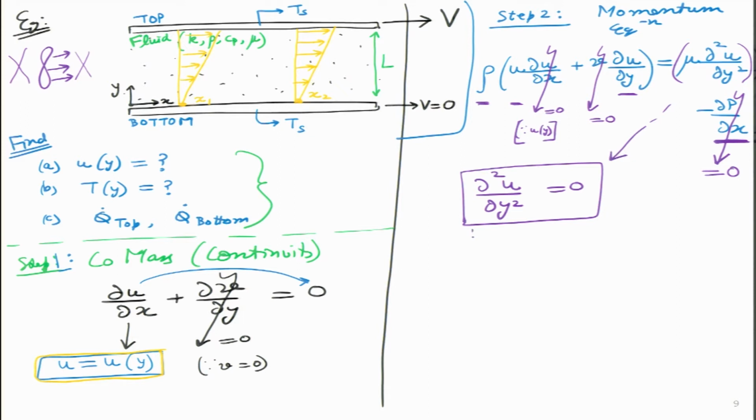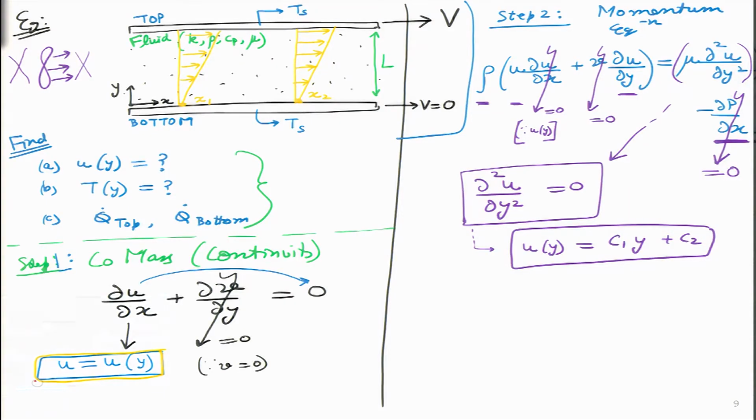I think this part we can do very quickly. It will just simply turn out to be a function of y, and I can write it with the help of these two constants over here. This is something we have been doing quite a lot since we looked at conduction and solving the second order ordinary differential equation. So, how do we find these two constants? Again, students who are following from conduction onward, we need two boundary conditions.